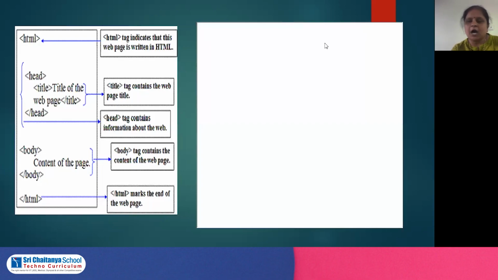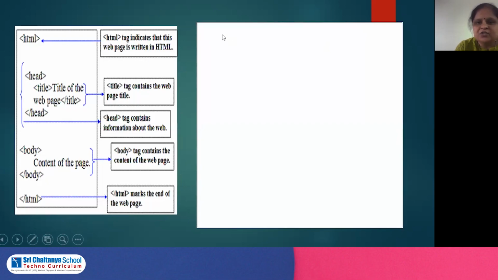Let us see how exactly it works. You can see on the screen how the structure of an HTML page is written. You can see all the tags like this. All the tags are written in angular brackets here.